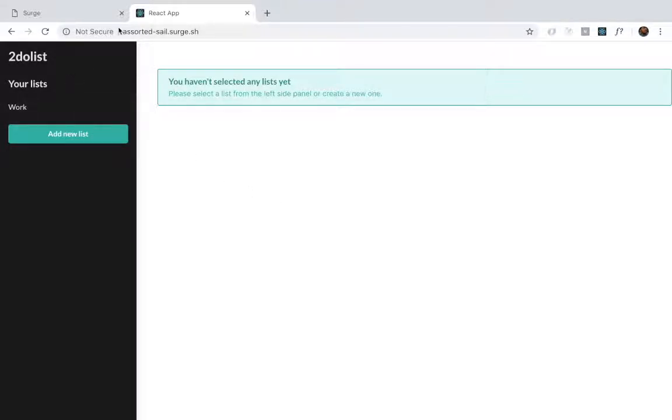Now you can see that our application is live on assortedsale.surge.sh, and it is correctly retrieving a task list